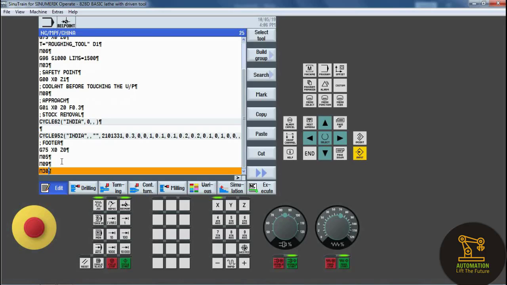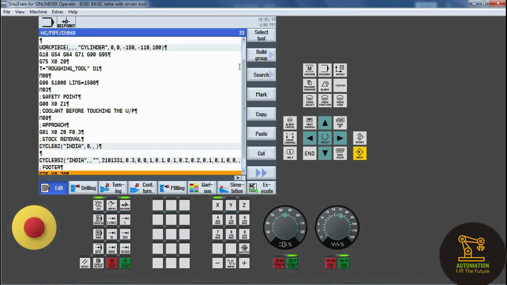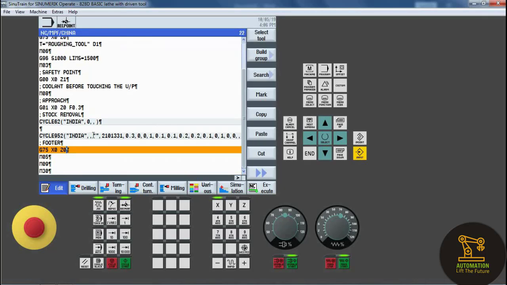So M30 is the end of the main program file. So this is the procedure of simulation of the OD stock removal cycle in a lathe CNC machine. So this is the process.